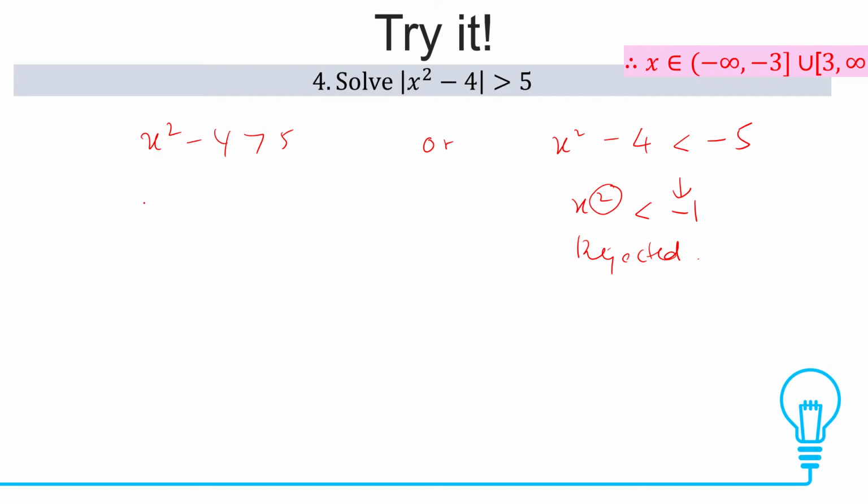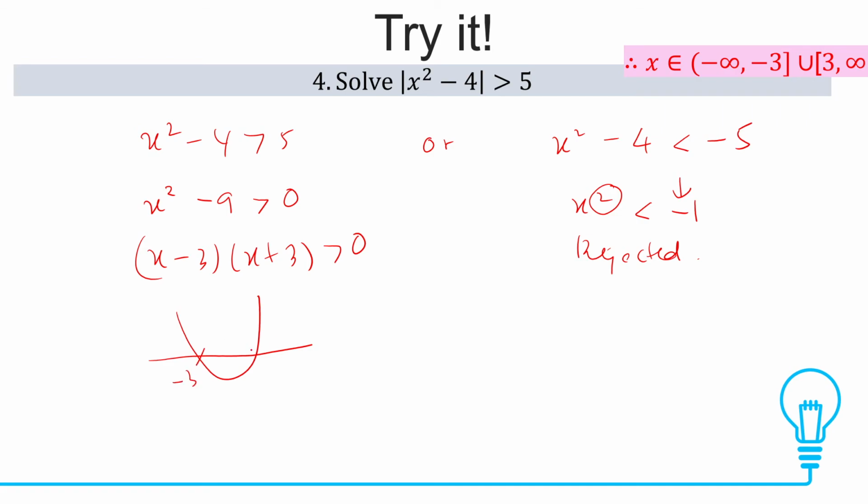So we work from here, so x squared minus 9 greater than 0. So x minus 3, x plus 3 is greater than 0. So when x equals 3, okay, sorry, then after that, we use the smiling face. This one is negative 3. This is 3, label positive. This is negative. Since we have the greater sign, so choose positive. So my answer is x greater than 3 or x less than negative 3,